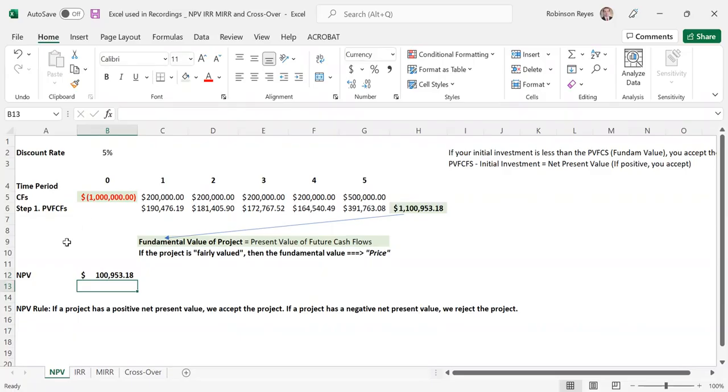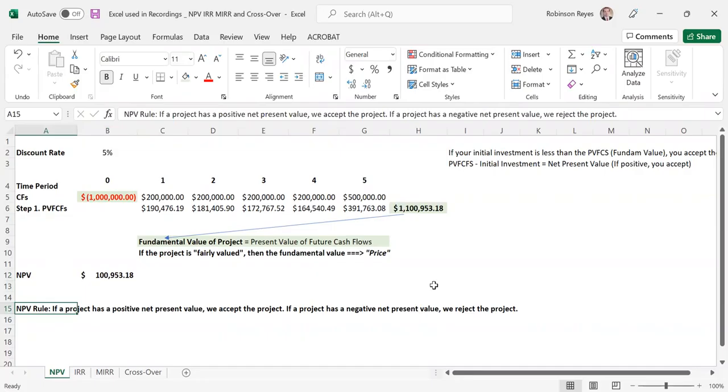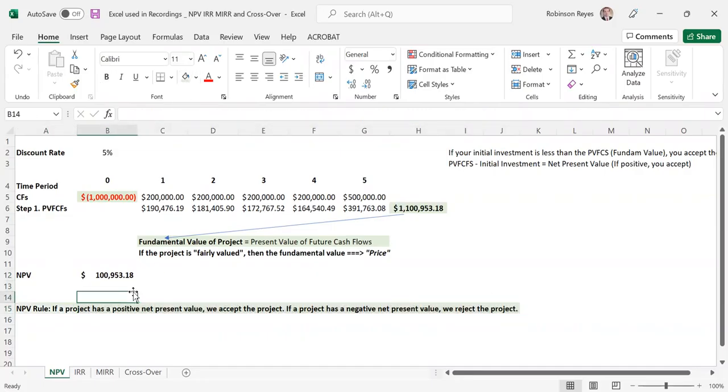And the rule, I'm having it here again. If the net present value is positive, we accept the project. If the net present value is negative, we reject the project. Now, we can also calculate the NPV of a project using this Excel shortcut. Or in other words, we can calculate the present value of future cash flows using this Excel shortcut,